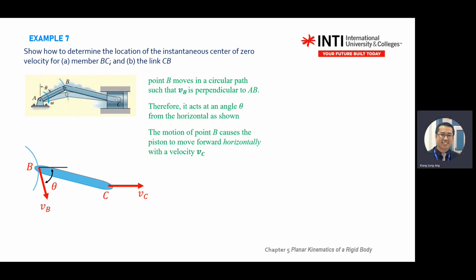All right. But in the questions that you see in test 2 and the final exam, the question will ask you to draw a free body diagram. So free body diagram in the question means kinematic diagram. Right? It makes sense. So you extract the body from the question and focus on the points. Usually you have 2 points to focus on, for example member BC: you focus on B and C, and look at the motion, whether it's